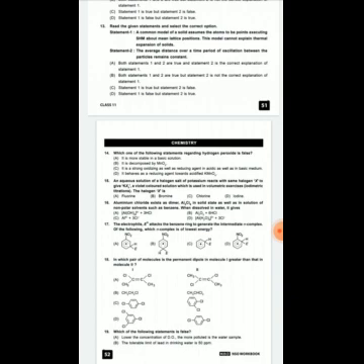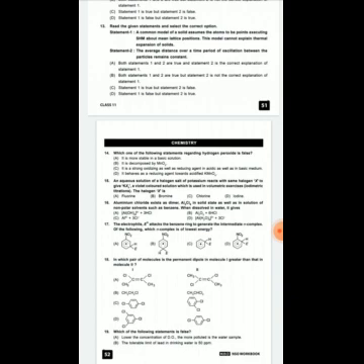Option A, it is more stable in the basic solution. Option B, it is decomposed by manganese oxide. Option C, it is a strong oxidizing as well as a reducing agent in acidic as well as in basic medium. Option D, it behaves as a reducing agent towards acidified KMnO4, potassium permanganate.